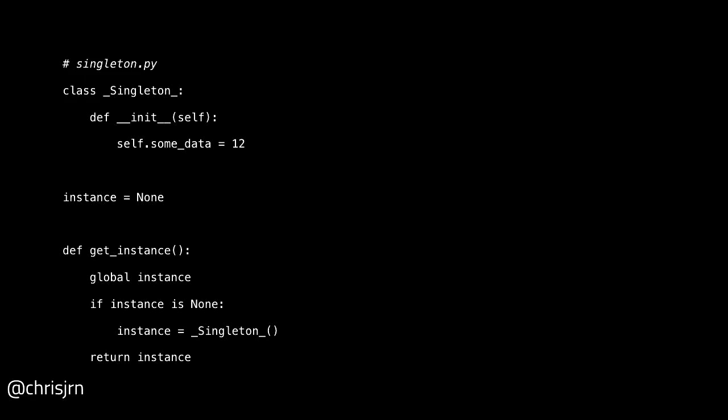And then there's an accessor function down here that checks to see if we've got an instance in there. And if it doesn't have that instance, then we go and construct that instance. So this is already really, really complicated code, and it doesn't look like something that somebody would naturally write in Python.